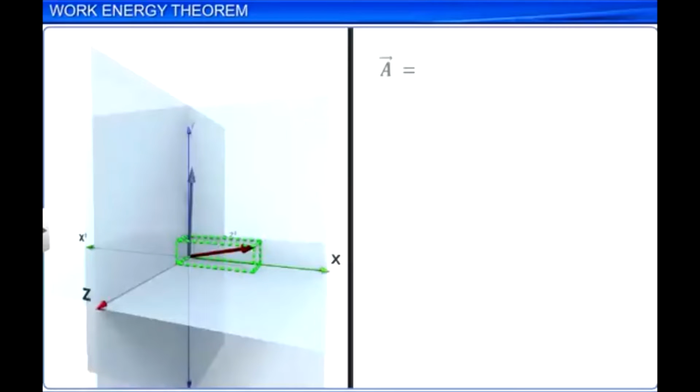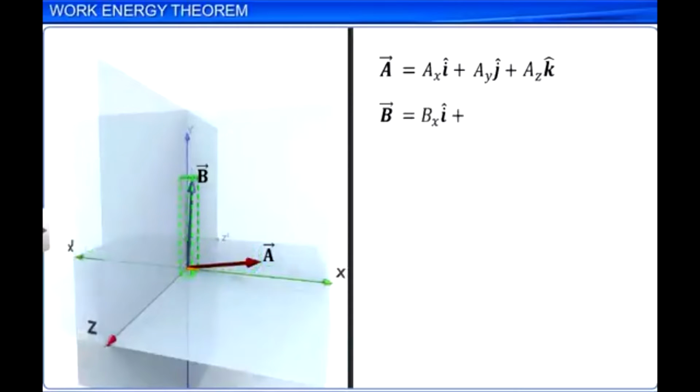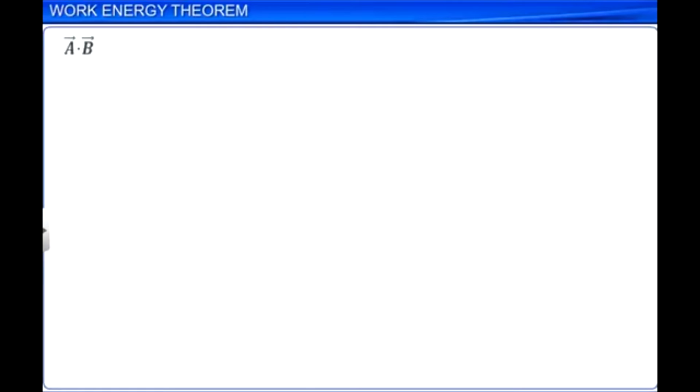If two vectors A and B are expressed in terms of their components along coordinate axes, AX, AY, AZ, BX, BY, and BZ respectively, then A dot B is equal to (AX i + AY j + AZ k) dot (BX i + BY j + BZ k),